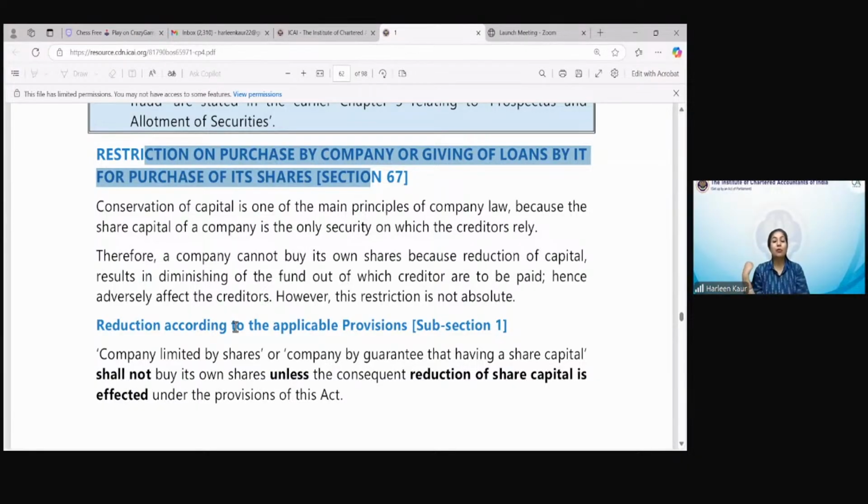And then we go to buyback of securities, 68. In between, there is a small section 67, which tells you that you cannot give any assistance to your employees for buying the shares in your company, right? So you remember in case of a holding company also cannot buy the shares of your company. So now you can relate it with the